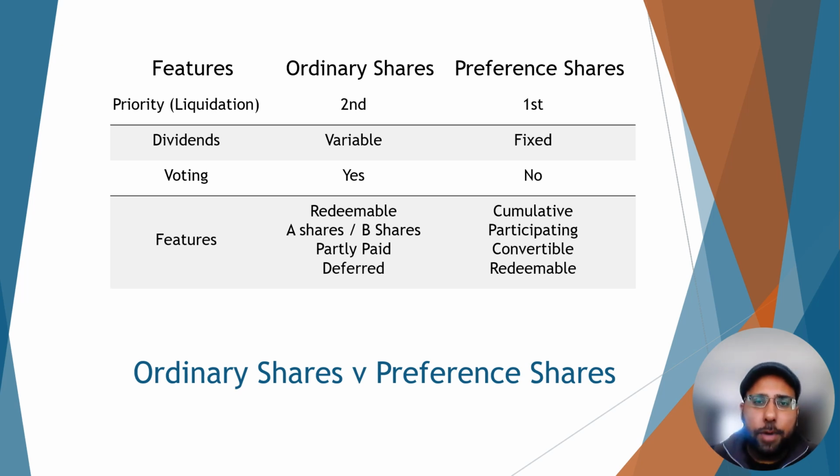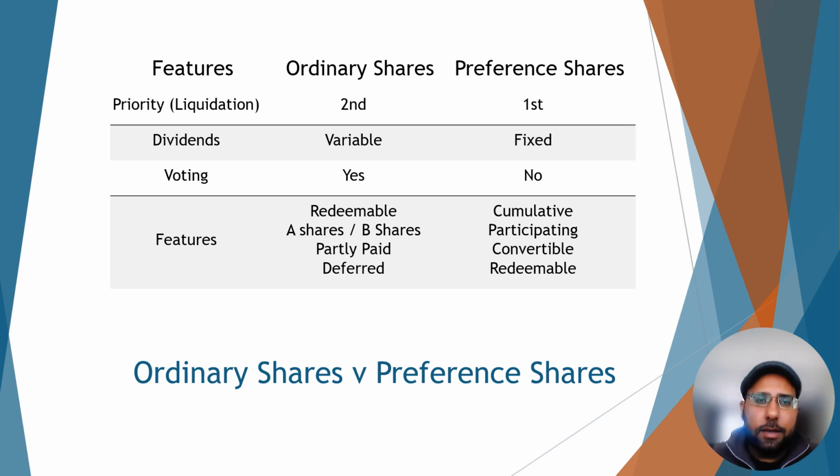The next one we'll look at is participating preference shares. Now, this tends to be a very common one as it allows shareholders to receive additional dividends in the company if it performs well. So not only are you guaranteed a fixed income, if a company does reach a certain threshold or a share price or a revenue level, then participating holders will get an elevated amount of dividends. So in essence, you're benefiting from a company's performance, which is ideal, and it tends to be a very common one.